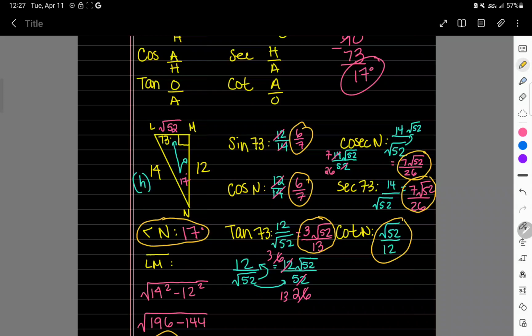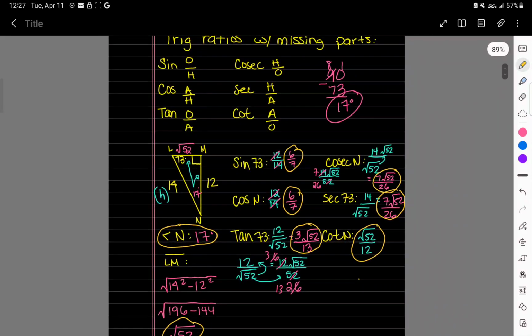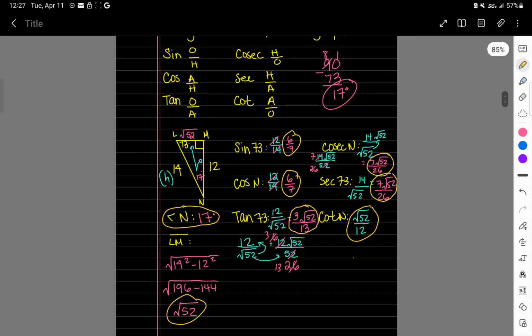So it's a mix of things that we just did in the previous section. The only thing is that we're adding on solving the missing angle, but everything else is exactly the same as the previous section. So if you have any questions on that, let me know,